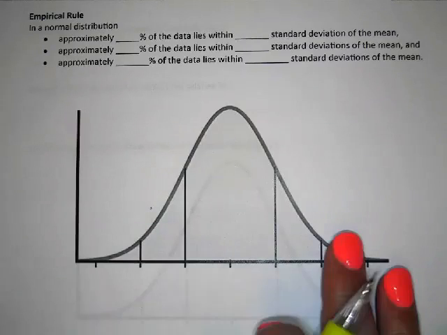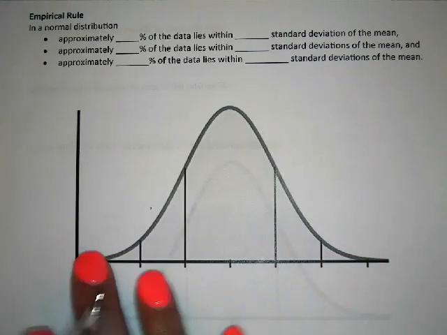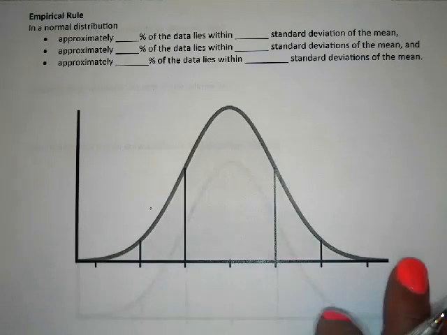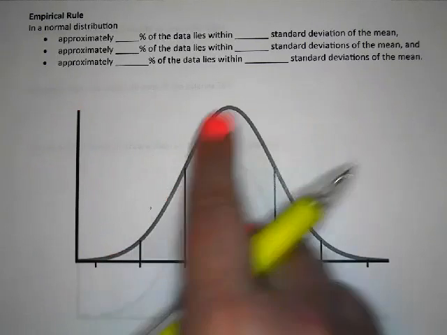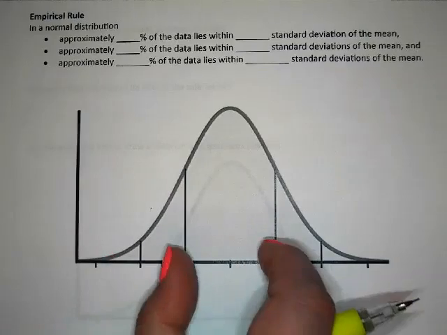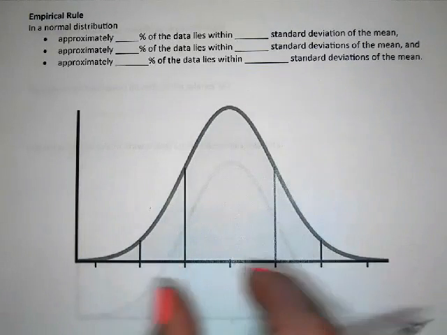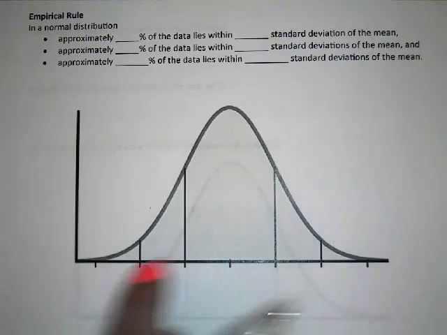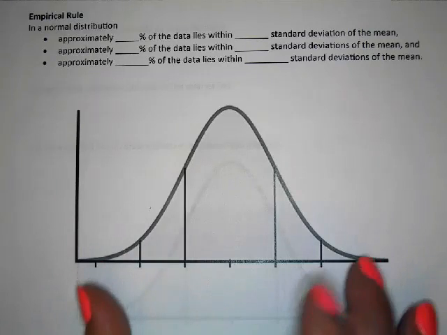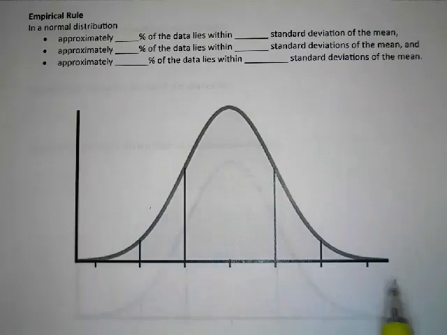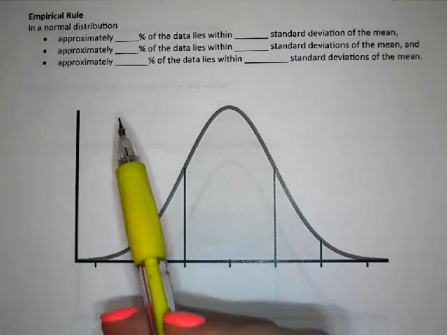Once you have it out here in graphical form, we can see that along the x-axis, we would have some sort of measurement, whether that be weights or heights or whatever. Along the y-axis, we can see that's the frequency. And so this is your normal distribution. This is your bell curve, where all those that are in the middle are kind of more frequent, more often. Those data pieces show up repeatedly. And then these extremes, someone who is extremely tall or extremely thin, those are kind of your outlier values out here. So here's our normal distribution, and we're going to learn about the empirical rule, which kind of describes a